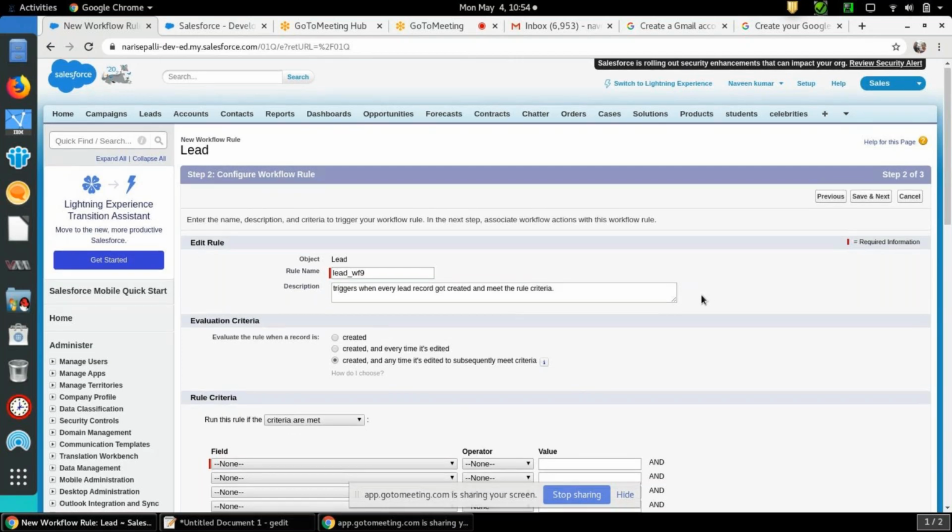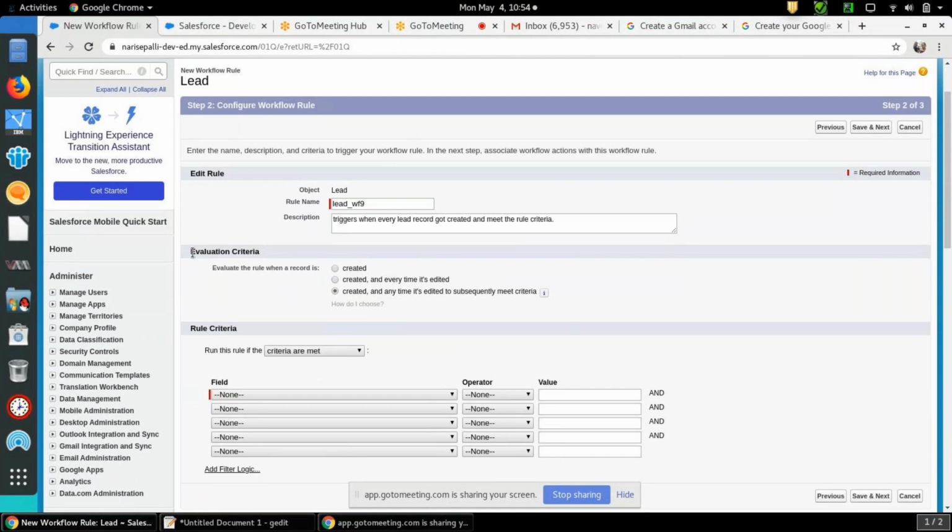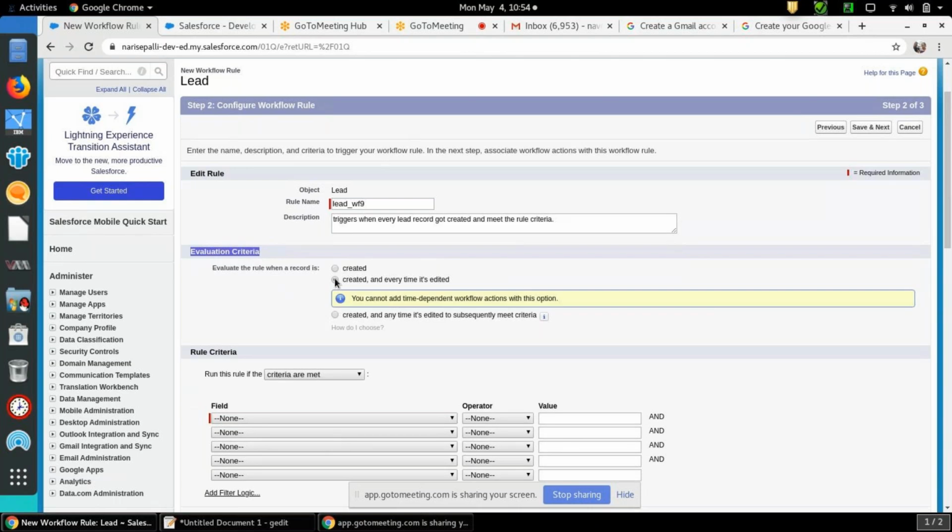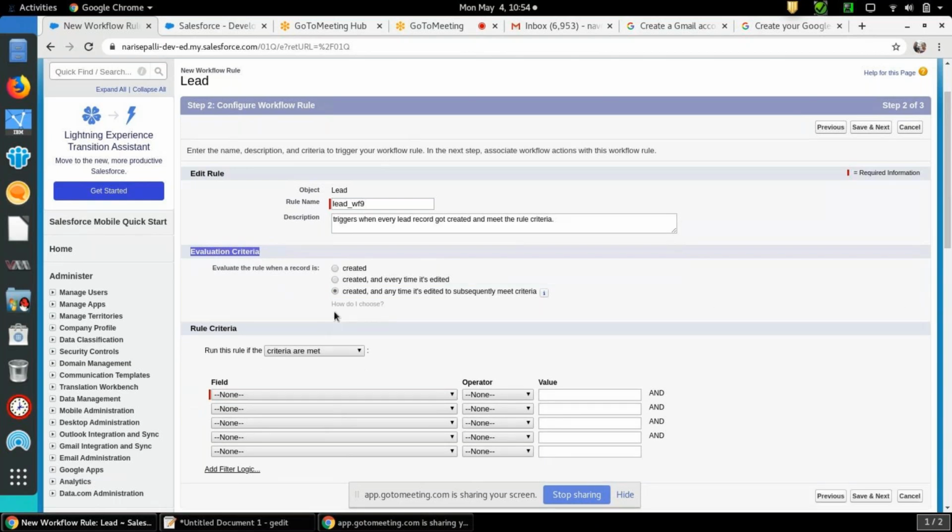There are three types of evaluation criteria over here: created, created and every time it's edited, and created and any time it's edited to subsequently meet criteria. Created is simple: whenever a record gets created in the lead object, the trigger has to execute and perform the actions.